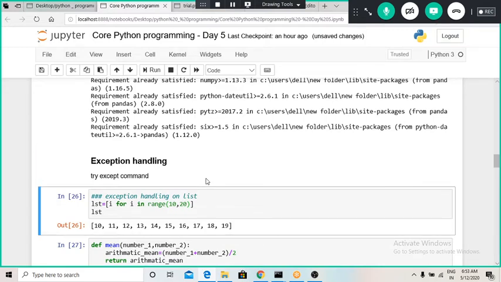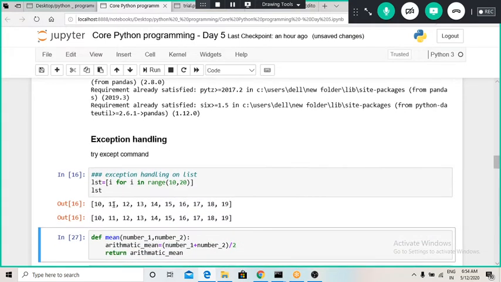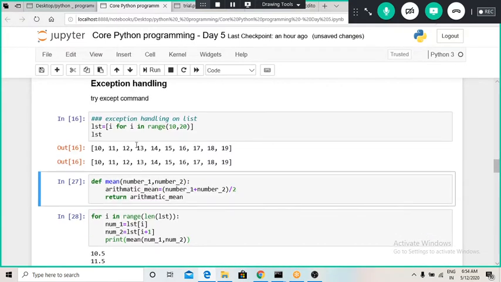How to handle an exception. Now let us define a list of integers ranging from 10 to 20, and try to find the moving average of two numbers, the average of two adjacent numbers. In a for loop we are going to print out the average of these two consecutive numbers.